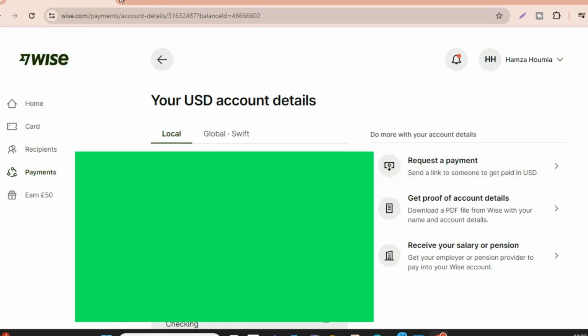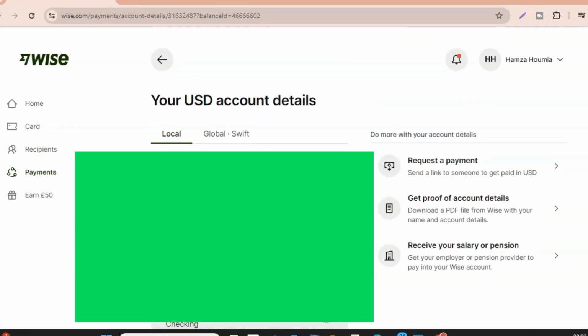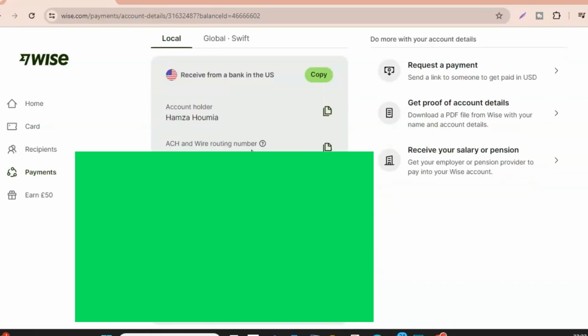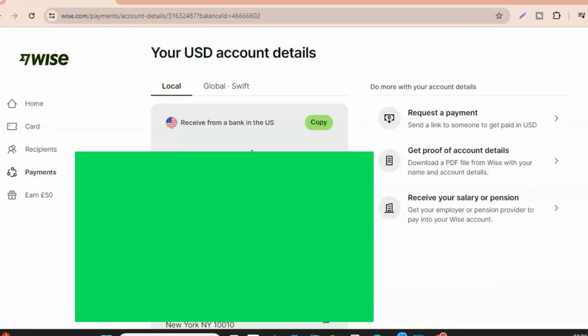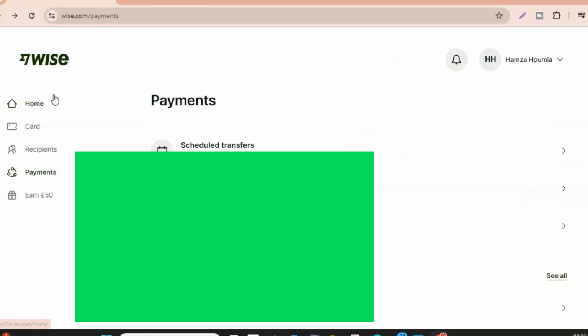Go to the balance section in your Wise account, open balance, choose the currency you want to receive, and click get details. After you get the details, such as the account number and routing number, log on to Amazon Seller Center and add